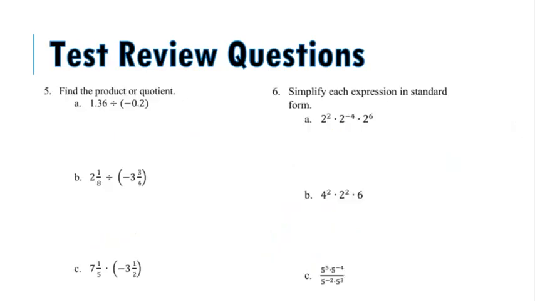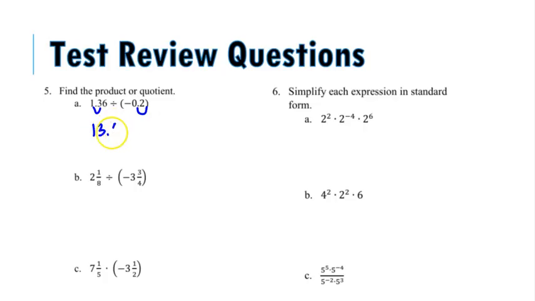Question 5. Find the product or quotient. So here we're going to be looking at the sign that they're using. So this first one, they're dividing. Remember, we can't divide by a decimal, so we have to multiply by a power of 10. So I multiply this by 10, and I multiply the dividend by 10. So now I really have